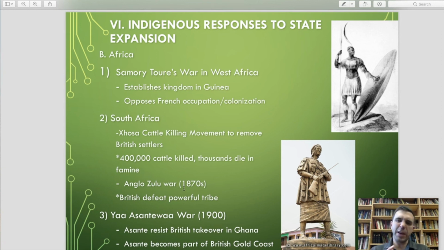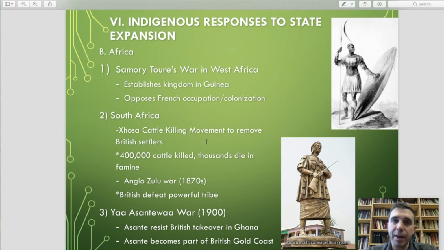The South Africa region is a pretty big colony overall, and we'll delineate further. We'll look at that. But you have a group called the Zulu. The Zulu are known to be very fierce fighters. Pictured top right is an artist representation of Shaka Zulu, probably one of the most famous Zulu in history. In the 1870s, the British, through the Anglo-British, right? That's another word for it. Think Anglo-Saxon. They are fighting against the Zulus there in that South Africa region. When the British defeat the Zulu, which is one of the more powerful tribes in that area, it really consolidates control for them. But the Zulu were known to be very fierce warriors and a tough opponent for the